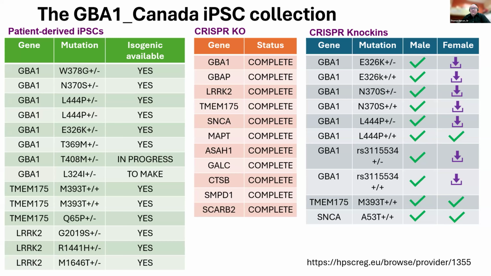So this is the list of knockout lines we've made, and we've gone one step further, not just taking it from individuals that have this mutation, but working with our own control lines. We have our own male and female line we use extensively, and we've knocked in mutations, both homozygous and heterozygous, the most common ones that people have requested and are interested in studying. So this is the E36K, N370S, Alpha-4P, and more recently we've also added mutations in SNCA, TMEM, and so on. So to date we've made close to about 40 iPSCs. If it's on the list, it's available in the biobank and people can access it.